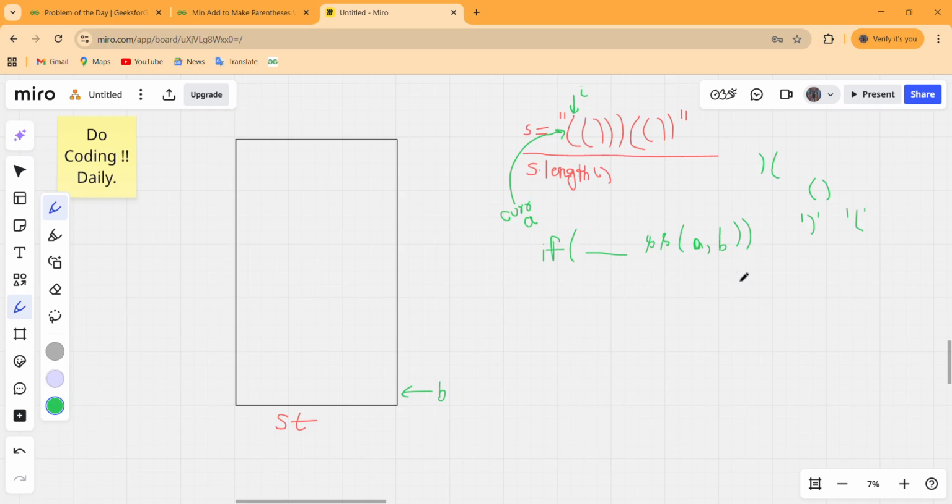If these two conditions get true, we have to pop out from our stack, and if not, then we simply push inside our stack. Else we have to implement push into our stack.